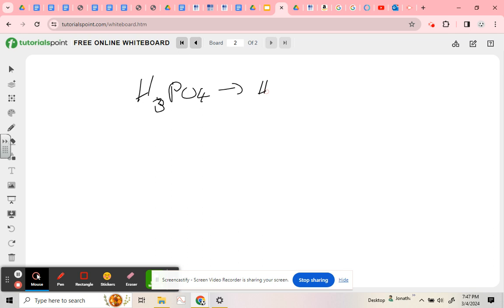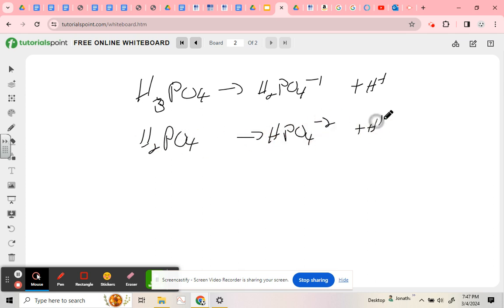And so here we've got H2PO4⁻ plus the H⁺, which of course is in the water, H3O⁺. And then if it does it again, it's going to keep getting more and more negative until you get